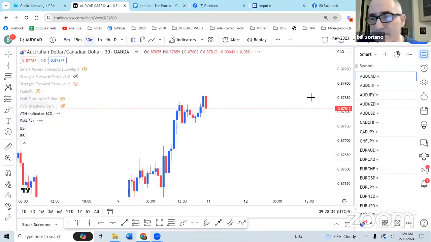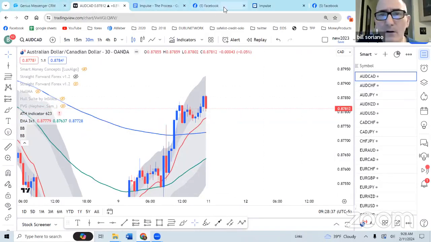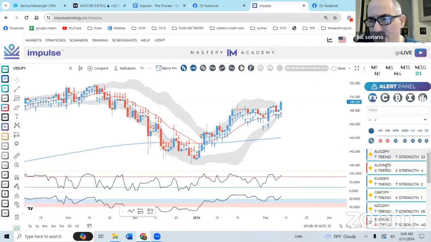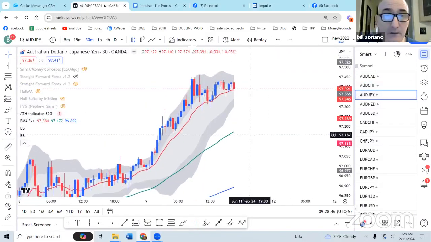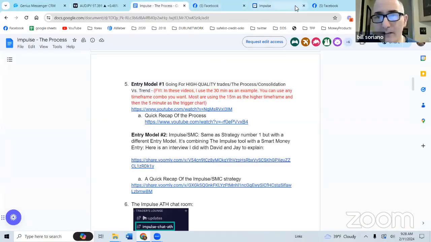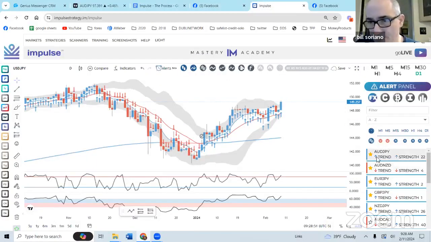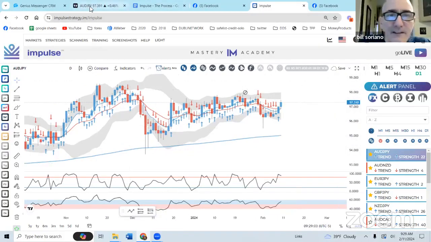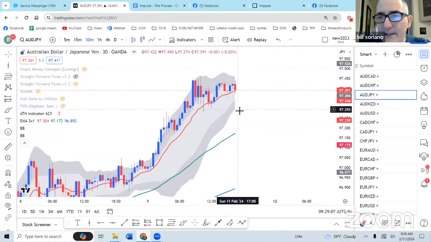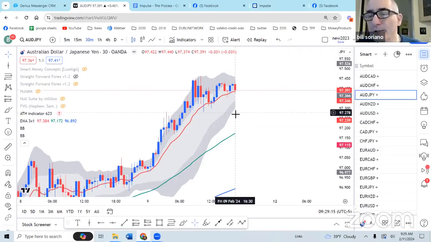Anyway, we're going to come to the 30-minute chart, and we're going to pull up the impulse scanner. We got AUD-JPY and AUD-NZD. So let's just click on AUD-JPY. We know that the direction here on AUD-JPY is bullish, right? And let's just click on that to make sure. Bullish. And so that means we want to wait for a pullback here, and we want to wait for this Bollinger Band to get violated to the downside,